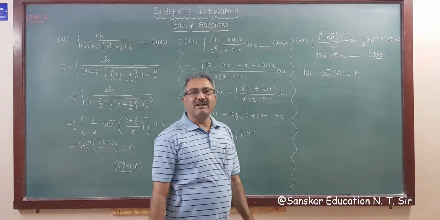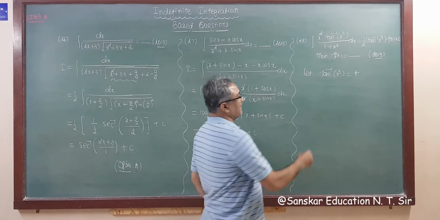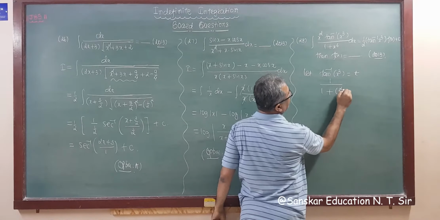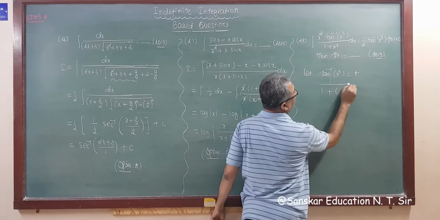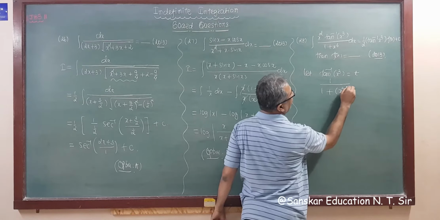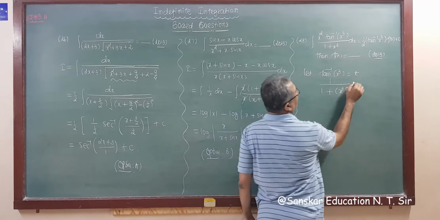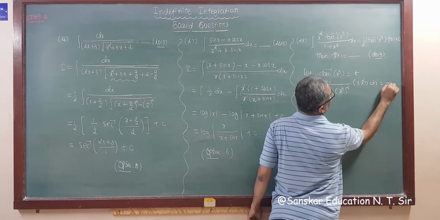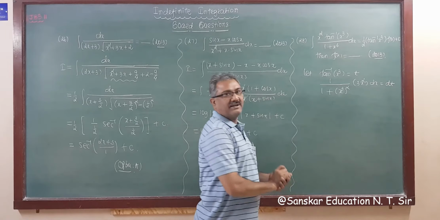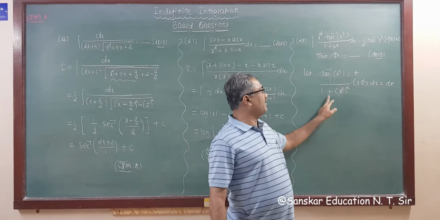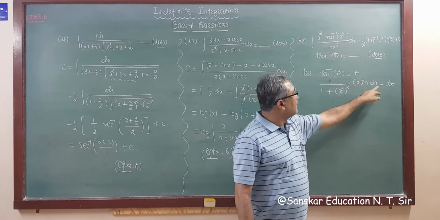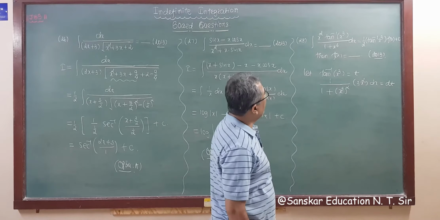Now the derivative of tan inverse x is 1 upon 1 plus x square. So 1 upon 1 plus x square, that is x cube square, and the derivative of the bracket is 3x square and dx is equal to dt. This is your answer: tan inverse bracket, 1 upon 1 plus bracket square, the derivative of the bracket is 3x square and dx, dt.